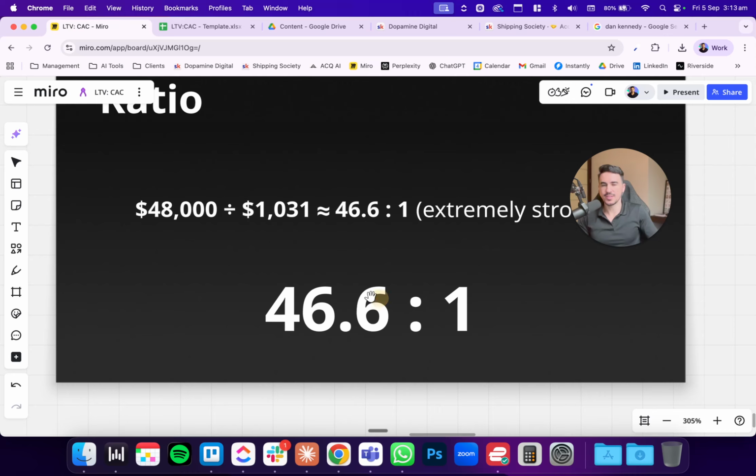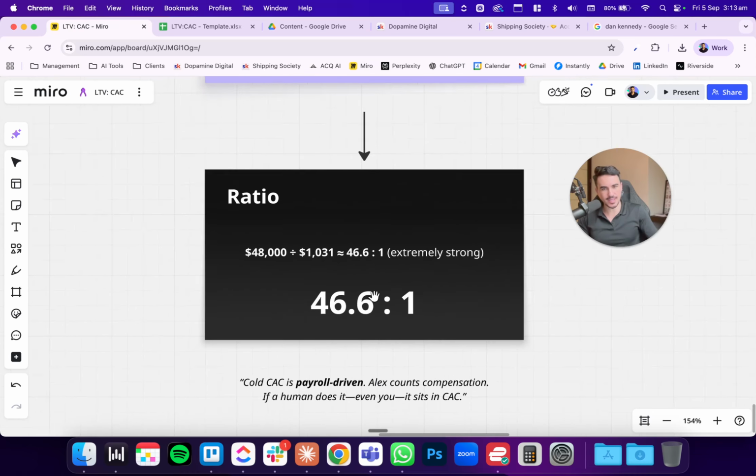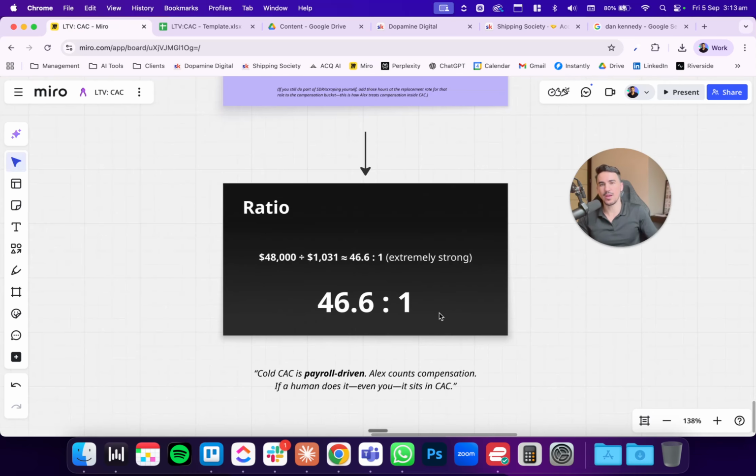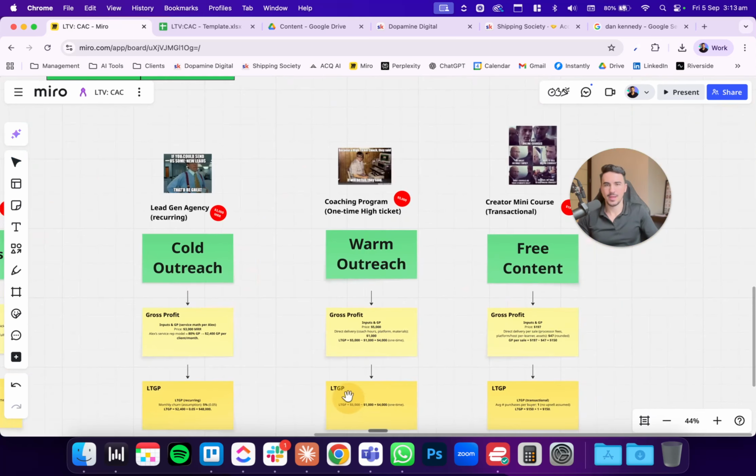All right, so you can see here we get a 46.6 to 1 LTV to CAC ratio. Cold outreach CAC is payroll driven, and Alex counts compensation. So if a human does it, even you, it sits in CAC. Now, warm outreach